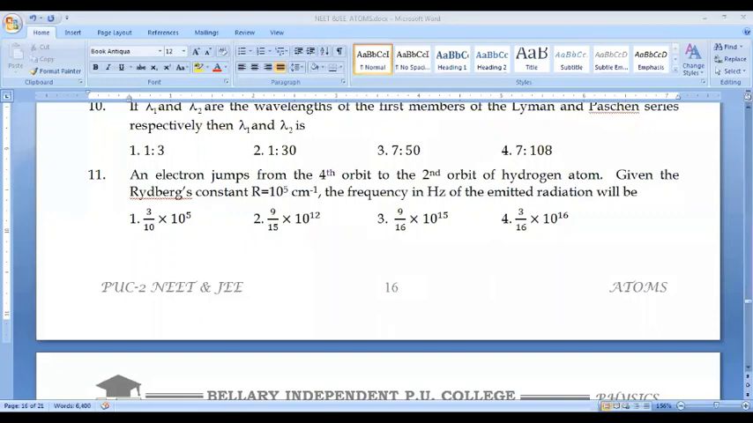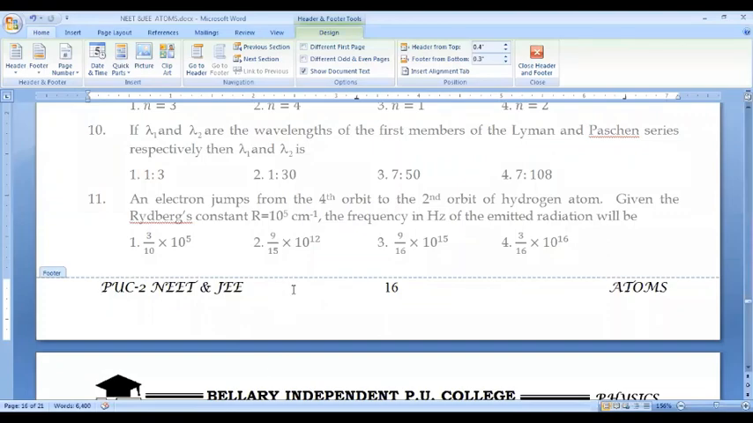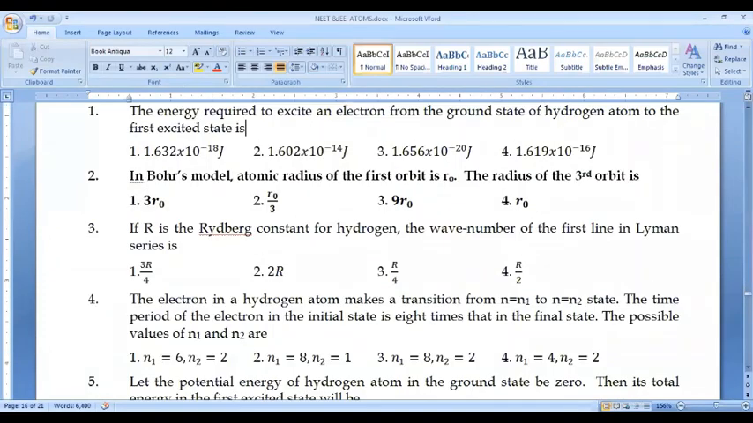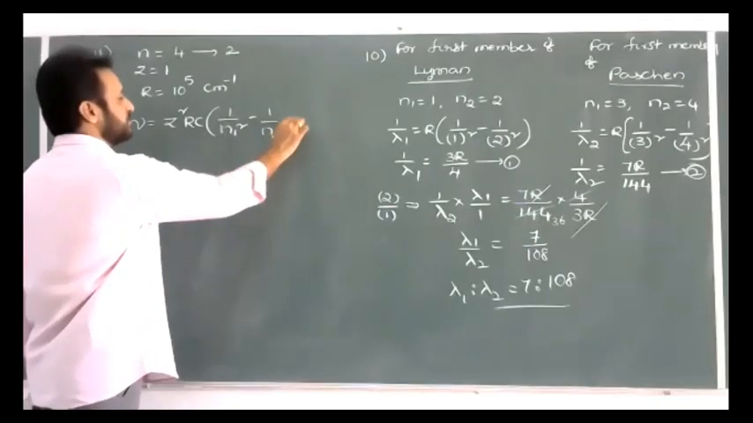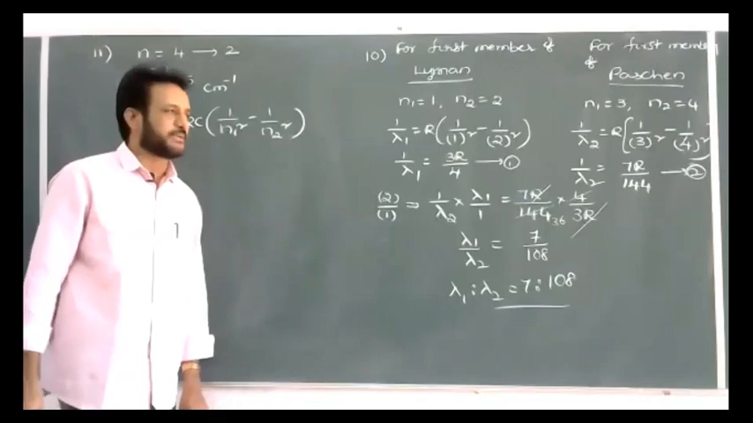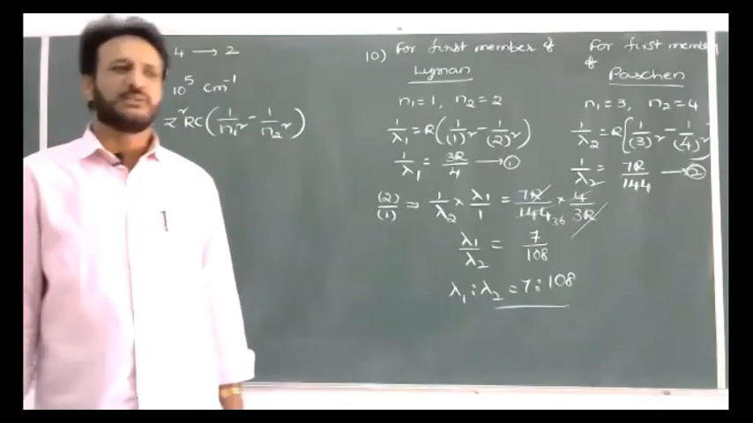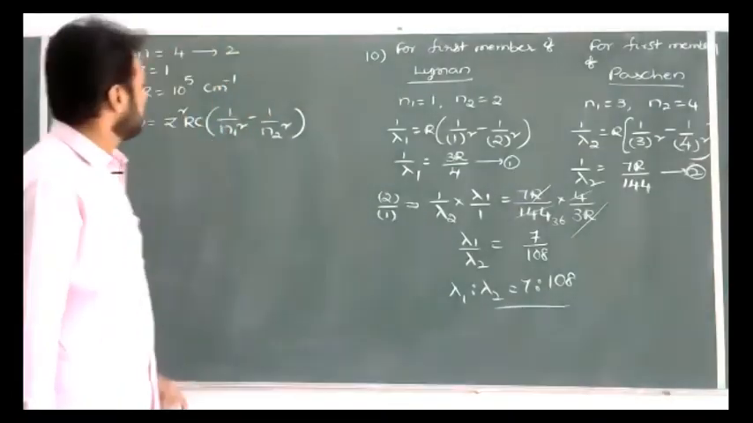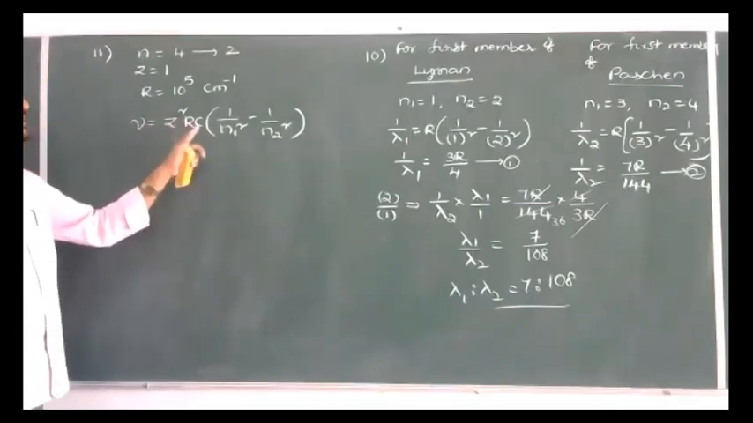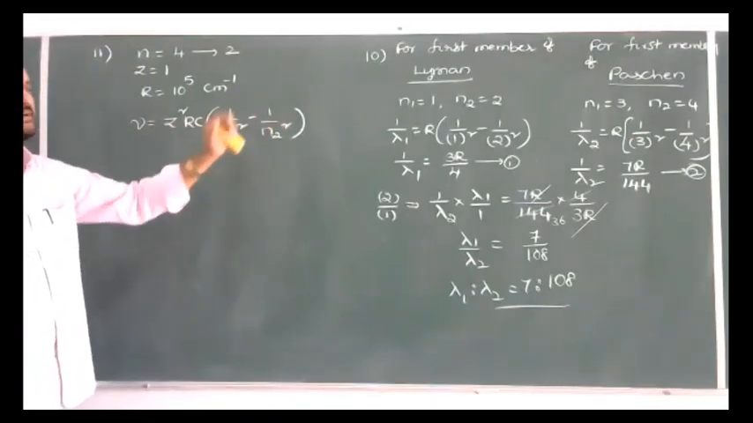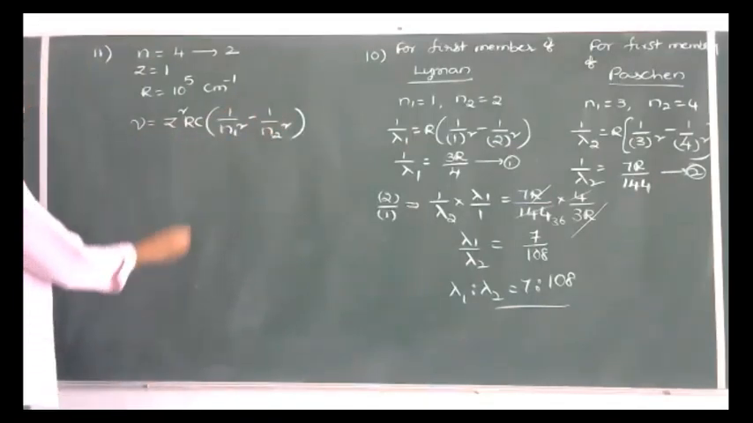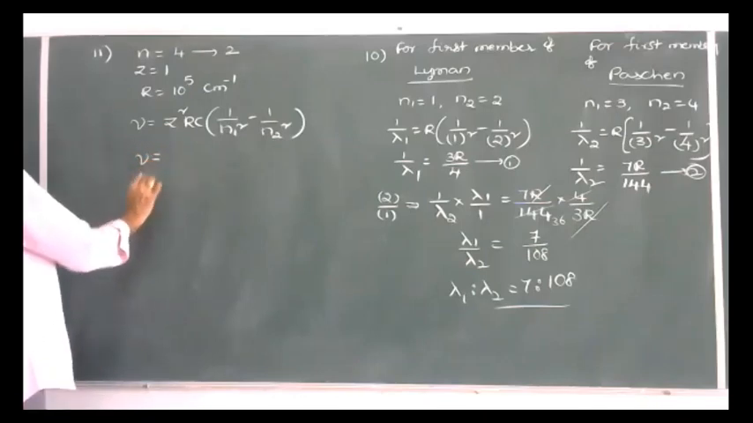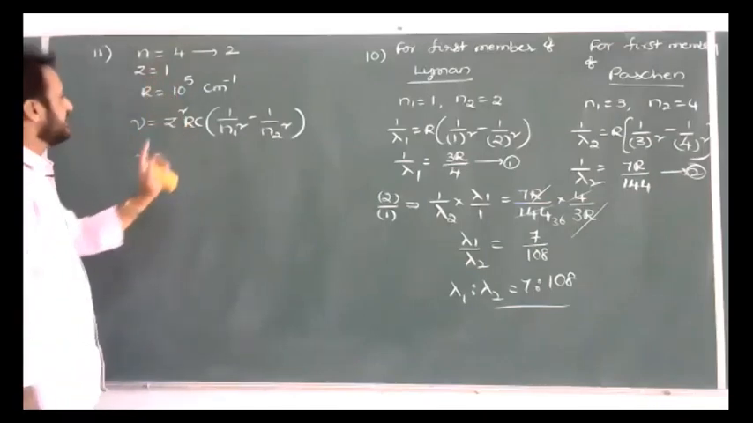So here, the frequency formula: nu is equal to Z square into RC into 1 by N1 square minus 1 by N2 square. Wave number means 1 by lambda equal to Z square R, but frequency equals Z square RC into 1 by N1 square minus 1 by N2 square. Now we need to write here nu is equal to, for a hydrogen atom, clearly Z is equal to 1,